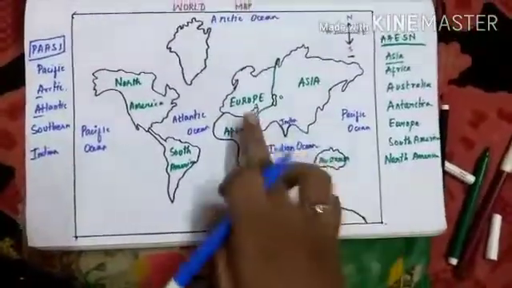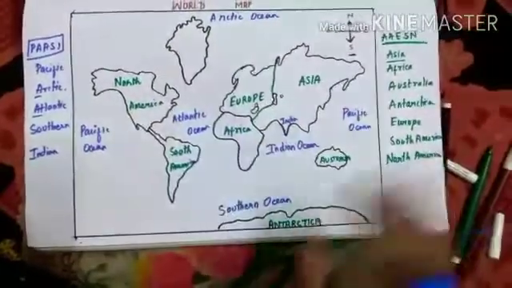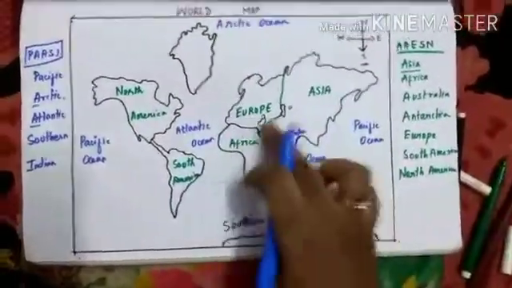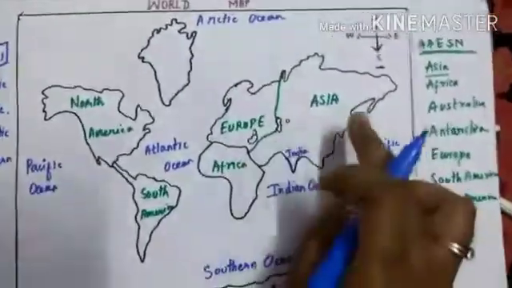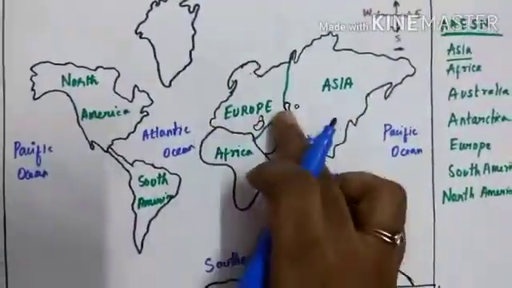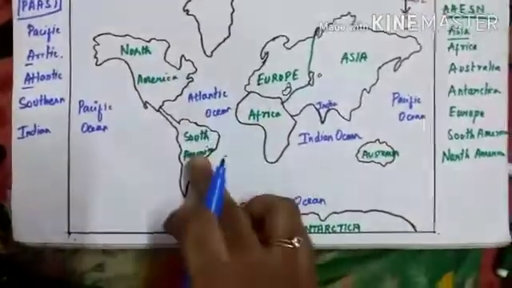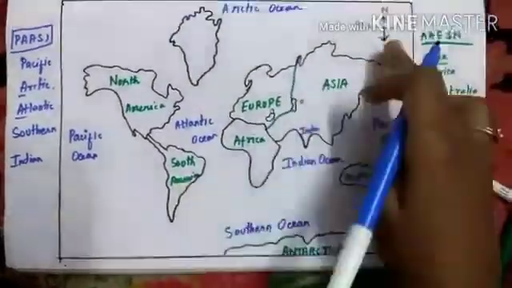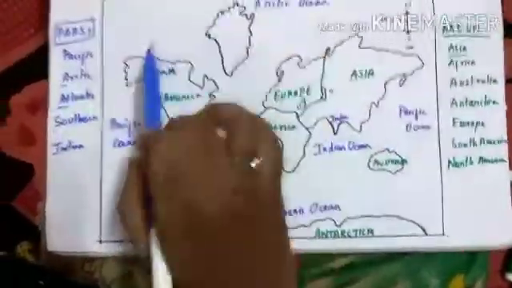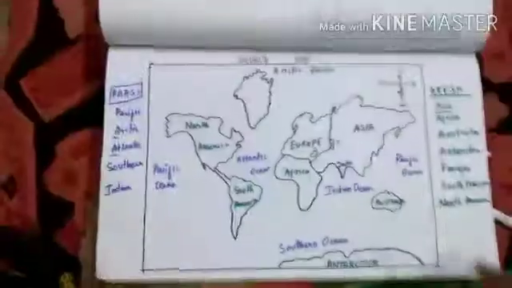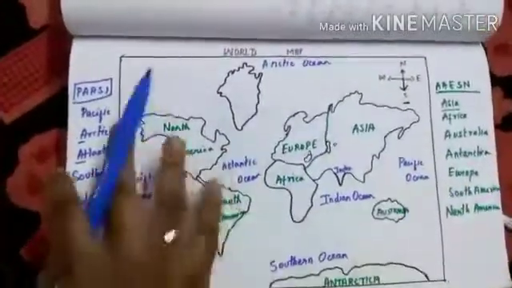Now we are going to mark ESN. For E, you have to separate Asia and Europe. Draw a line, separate Asia and Europe, and mark Europe. For North America and South America, you can use direction as a help, or you can mark it without direction. That is, north means towards up and south means towards down. Now I am going to tell you how to mark the 5 oceans.